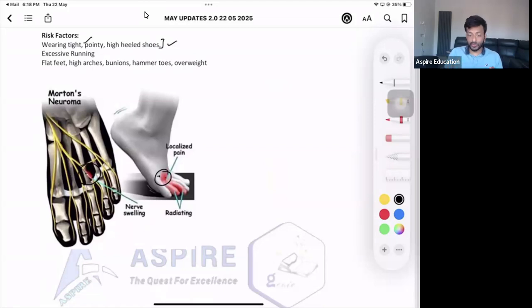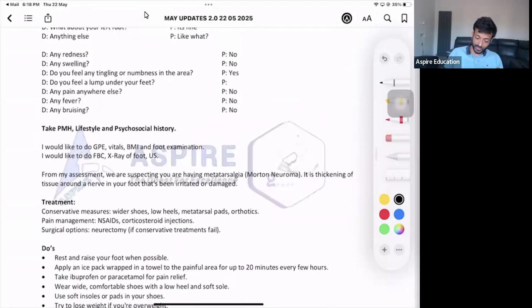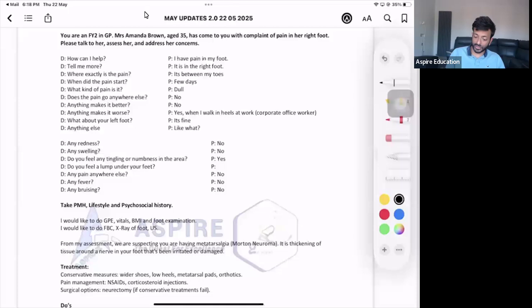Now, what I would like you to do, in any rheumatology scenario, you have to take a bit of history. The patient has got pain, so for pain you are going to do the complete SOCRATES, right? See if the pain is only in this leg or the other leg as well. Ask about any fever, for example, because I just want to know if there is any septic area, septic joint. Ask for any redness, swelling, bruising, numbness, tingling. Because if the patient has got Morton's neuroma, the patient might have a bit of numbness in the fingers as well. So that is something that you can ask.